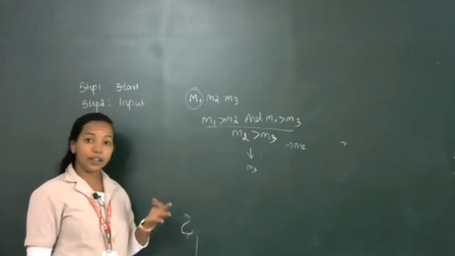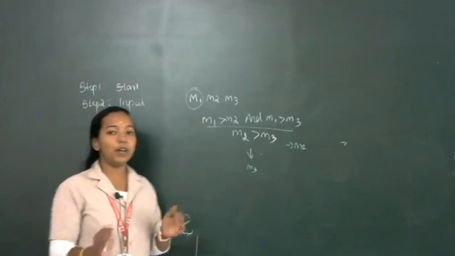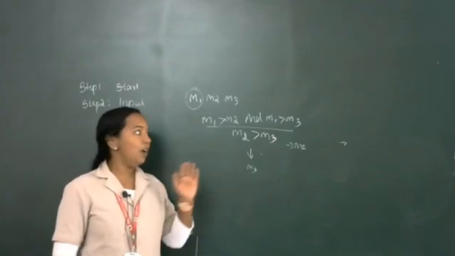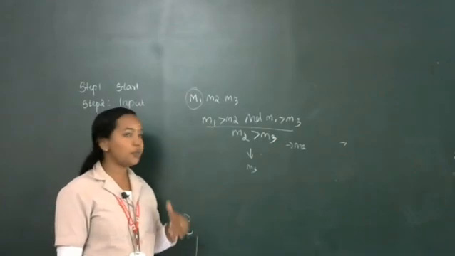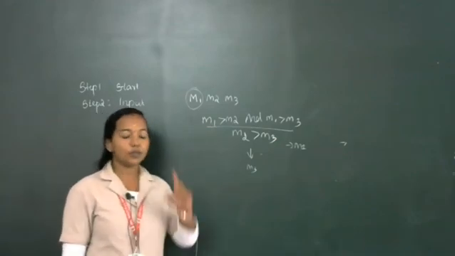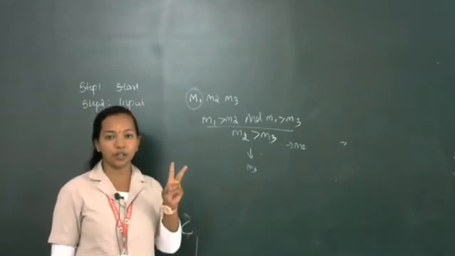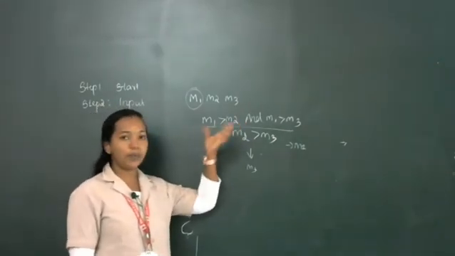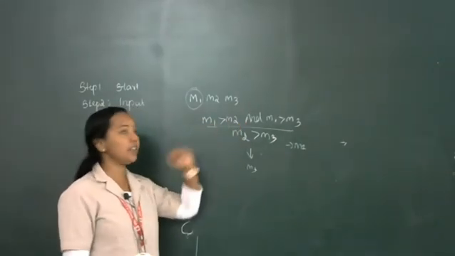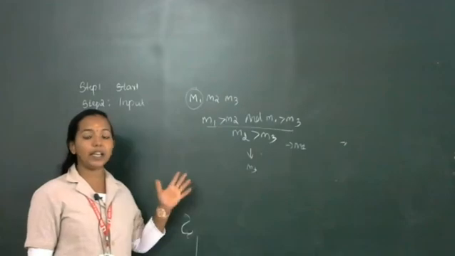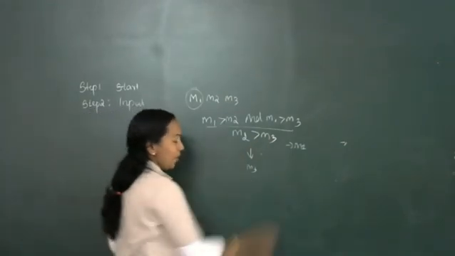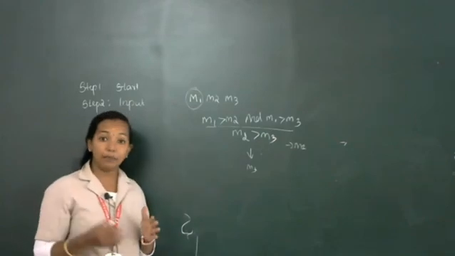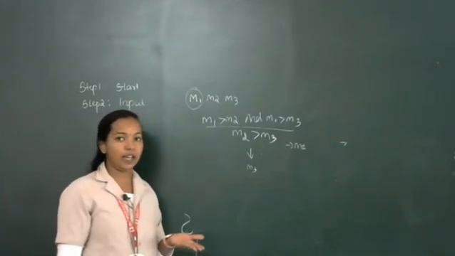We can write three conditions or four conditions, but here I am including this. An algorithm should always be short and precise, so I am going to reduce the steps and give two conditions. M1, M2, M3, three inputs. First, I am comparing M1 with M2 and M3. So that is the first condition: M1 greater than M2 and M1 greater than M3.